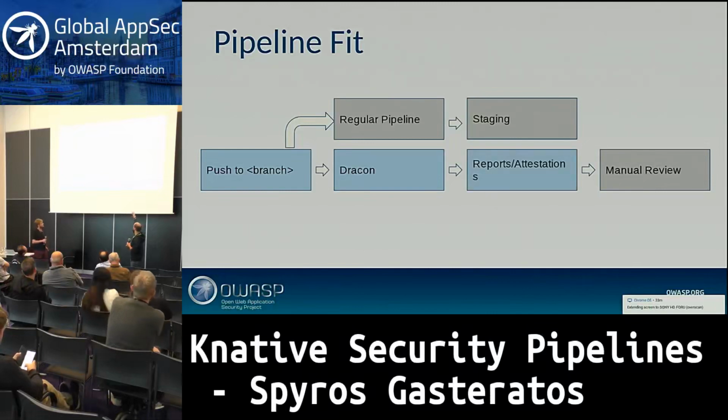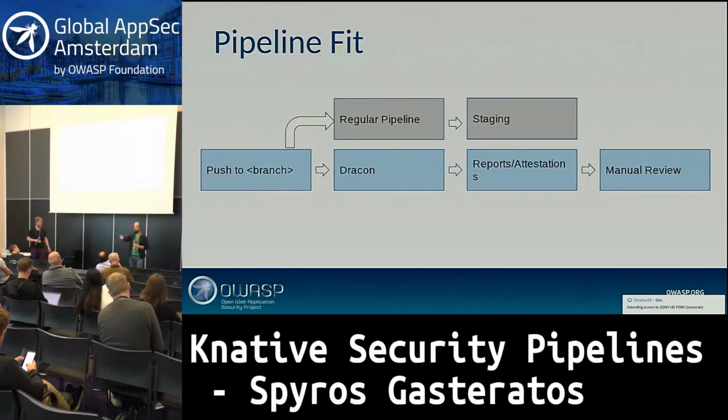Afterwards, it generates some reports, which internally we call attestations, because parts of these reports also reach clients, depending on contracts. And then the reports come to us for manual review, because again, false positives, or maybe duplicates, or maybe any automation in security needs humans for triage. If you show me a thing that does it automatically, I will be very skeptical.